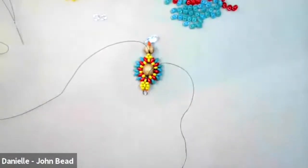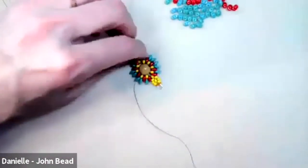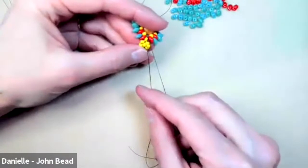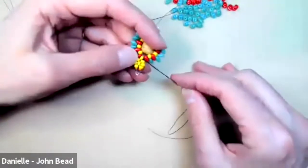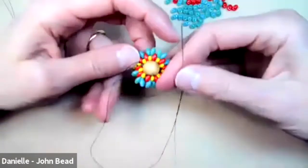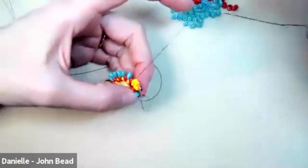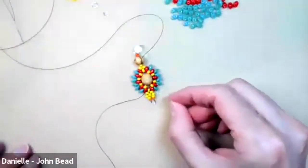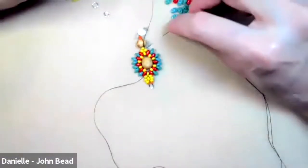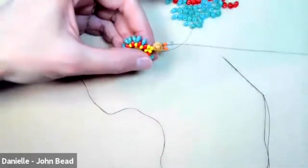Lots of different ways you can do that. Here's what I did on most of the samples. This is the back, so I'll switch back to the front here. What I did was exiting from, where am I? I'm on this 8 right here. I'm going to continue through the next one. And I'm going to use this strand, the top strand, the one that we used to put the wire guardian on. I'm going to untangle it, and then I'm going to use it to reinforce the inside pass. And then take the tail that's down here, bring it back down through the crystal. So we're going to go through that size 8 seed bead, the 8mm focal,